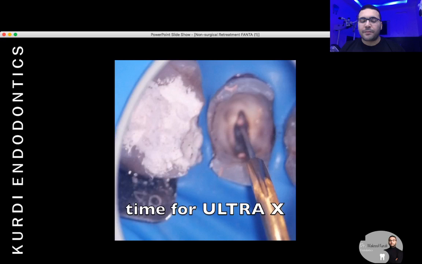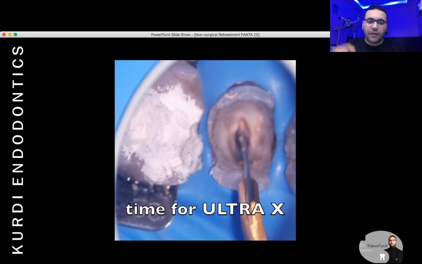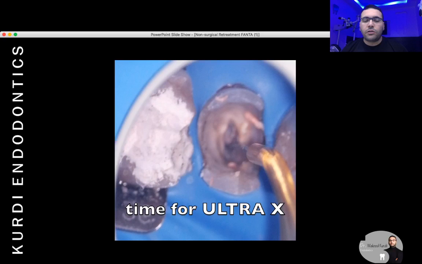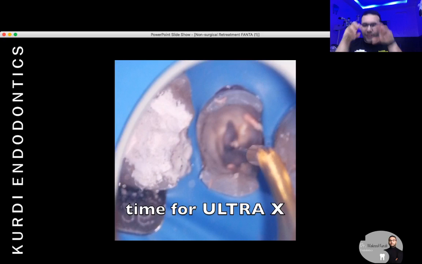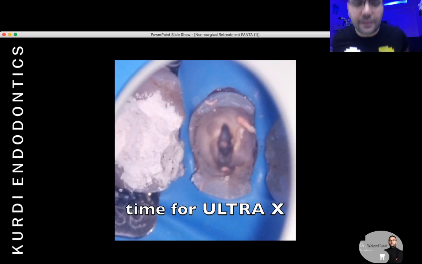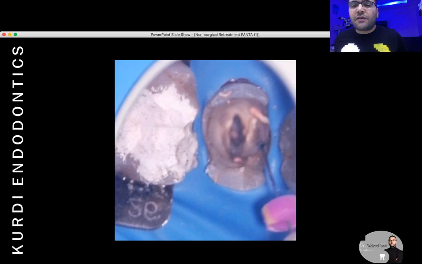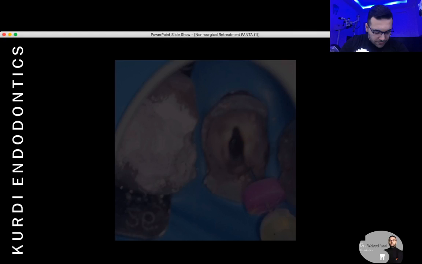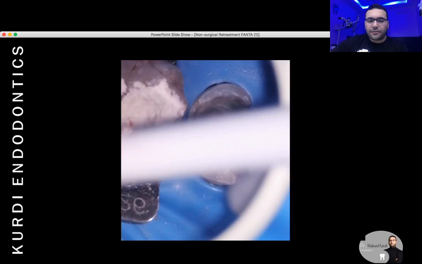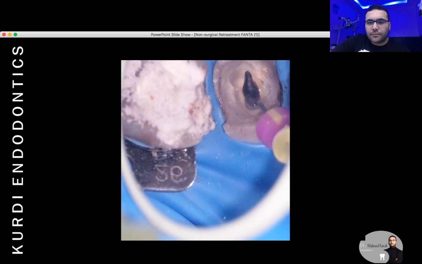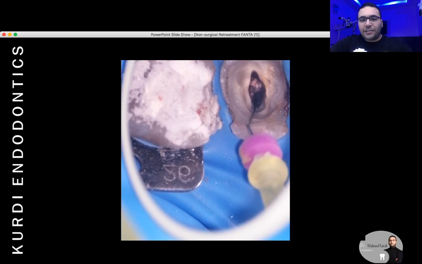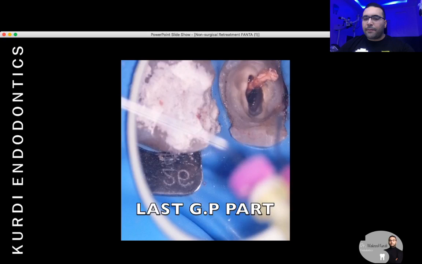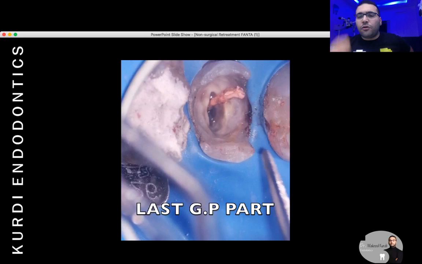So, because someone asked me, if you have this kind of guttapercha on the walls of the canal after removing the main part, you can just remove it with Ultra X. Ultra X is very, very good in removing this kind of guttapercha from the walls of the canal. Then irrigate again. And you can see here we have this very mobile part, and it was very easy even to grasp it or to remove it with